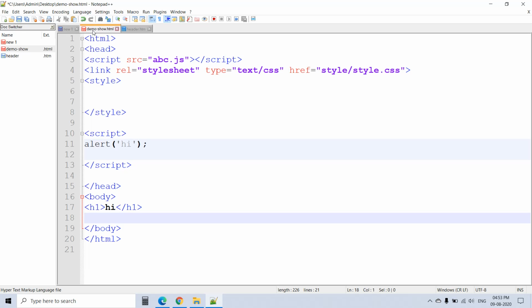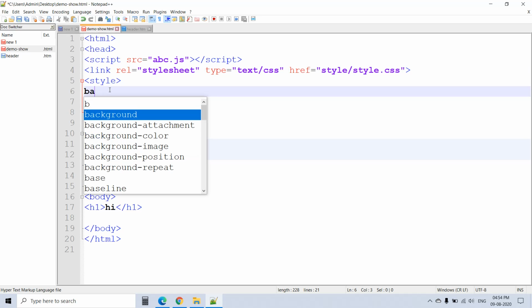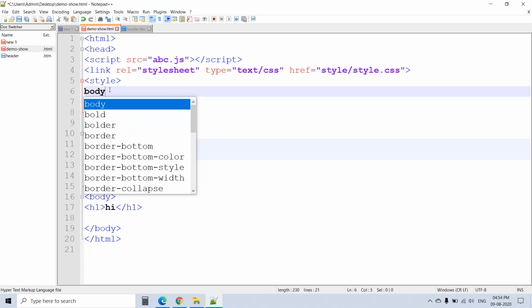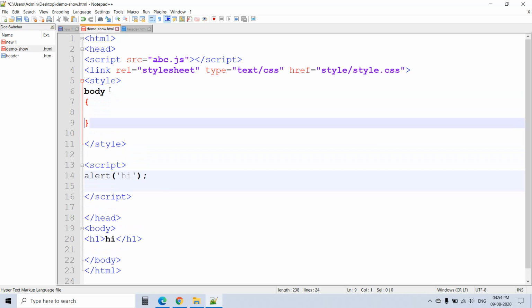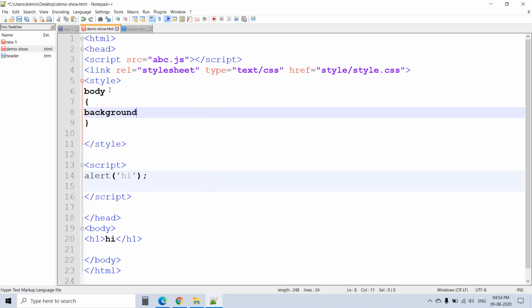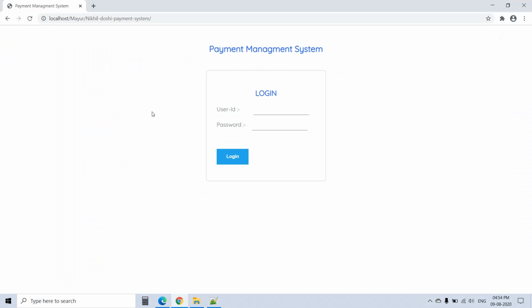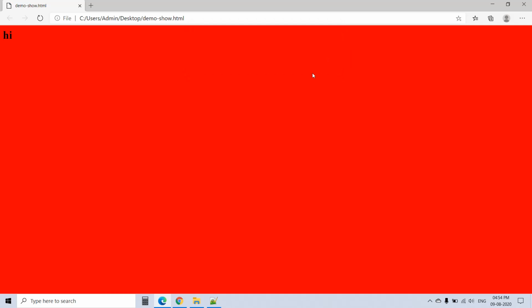Then the next, what are the syntaxes of HTML, the basic language used in this programming that we teach. What we are calling tags, what are called head, how to call script, how to call link, how to call external links, how to call internal links. Suppose for internal links, here we are calling body and making the background red, and simply refreshing it. Here, this completely makes it red.